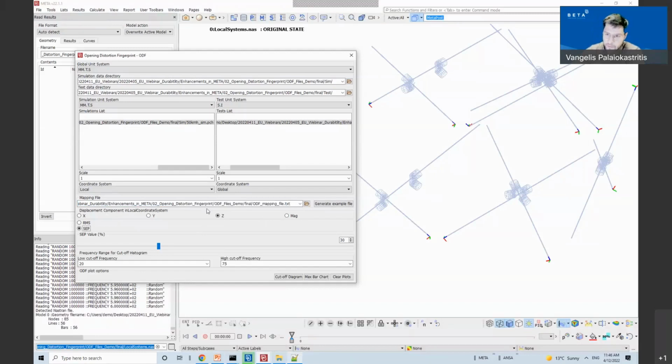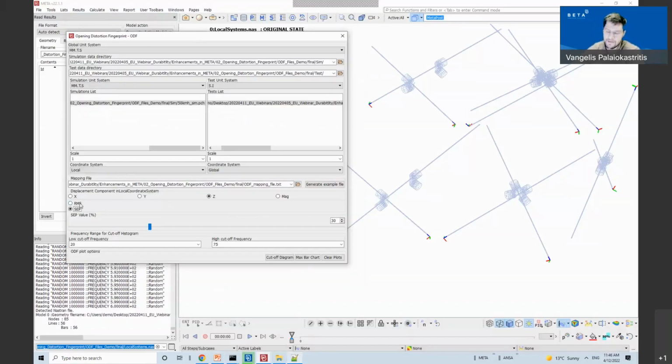So the displacement component is calculated according to the Z axis of the local system. The statistical evaluation can be done with RMS or with this statistical evaluation parameter, which is actually the mean of the highest 30% of the values of the signal.